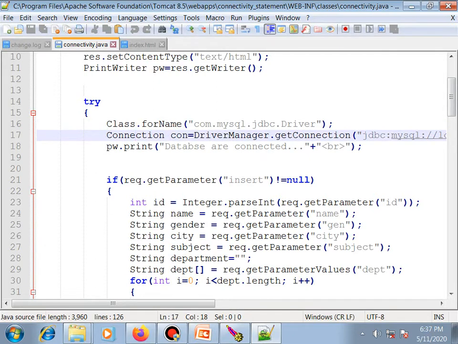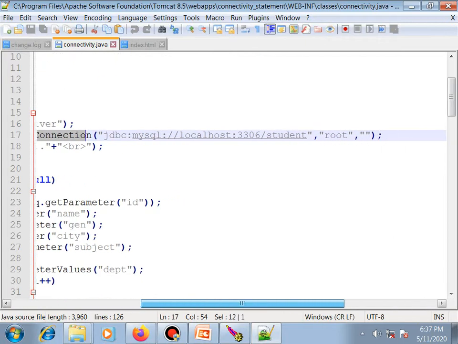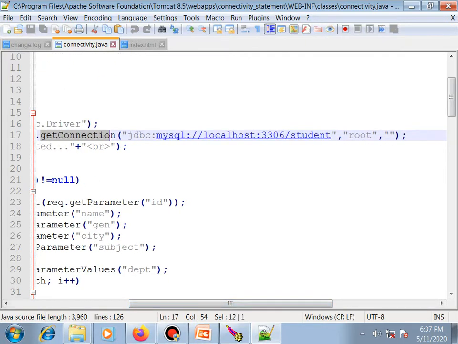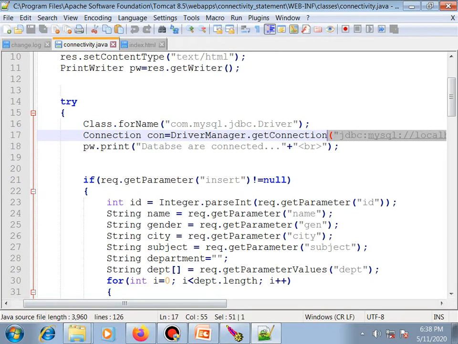After that we have to get the connection, using the Connection class object, DriverManager.getConnection. In getConnection we pass the parameter jdbc:mysql://localhost:3306/student, where student is our database, root is our username, and the password is blank, as you can do in Python, the same is in JDBC. If the connection is successful, then it will print that the database is connected.